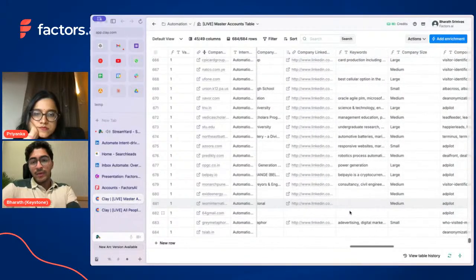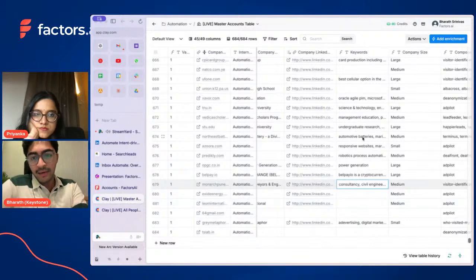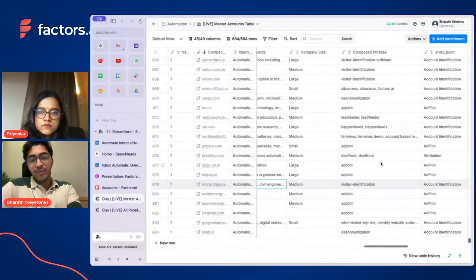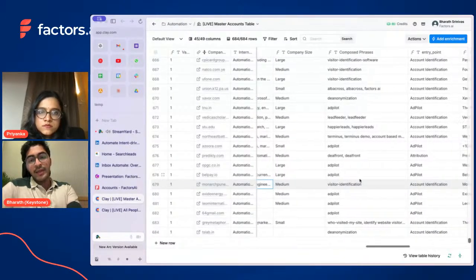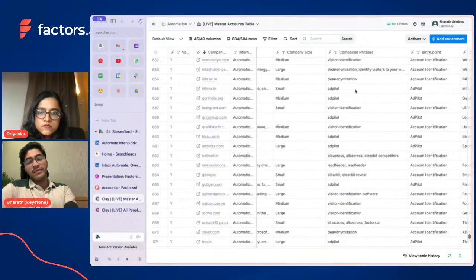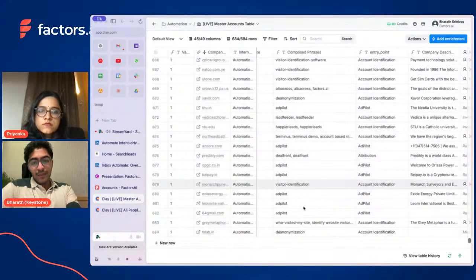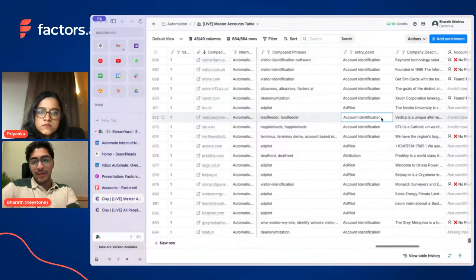Where this starts really is first we are bringing in keyword data that we are able to collect from that company's activity, and we put it into a new column and collate it. As you can see, it quickly starts getting messy. There are many keywords, you might have thousands, and we just want a simple way to map that, saying based on this information we know, we want to figure out an entry point. We want to pitch Ad Pilot or we want to pitch account identification. That's the first part of this that has a simple formula going.